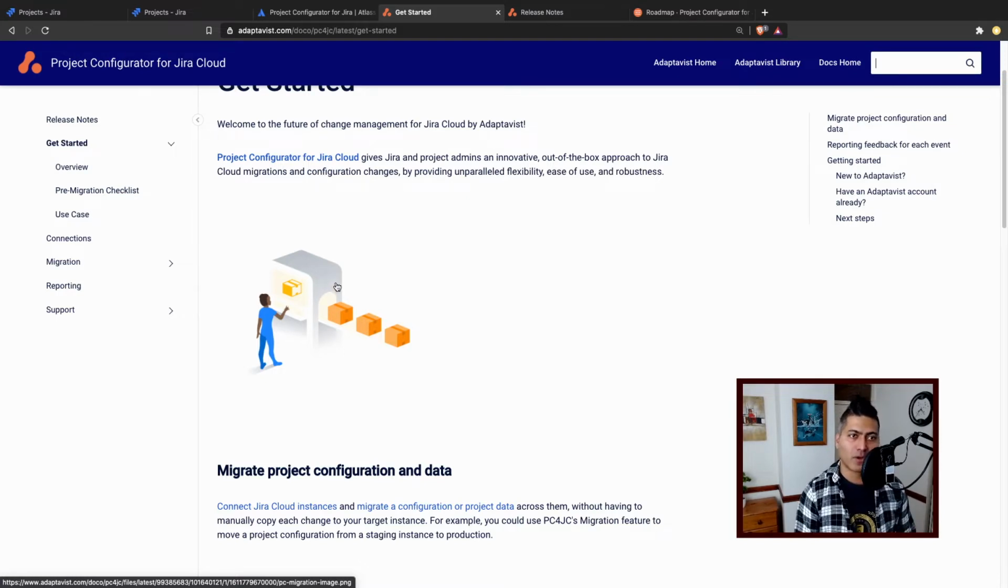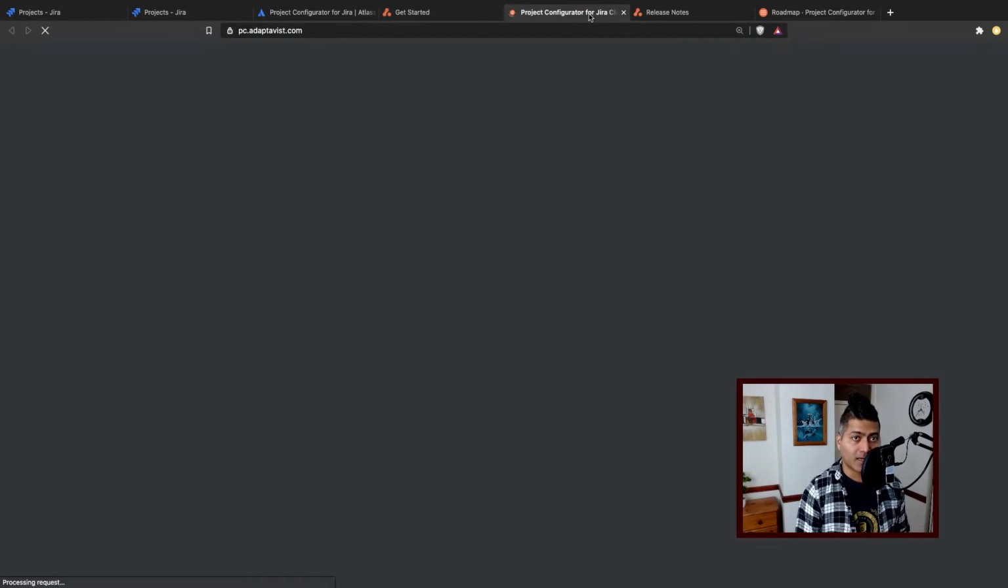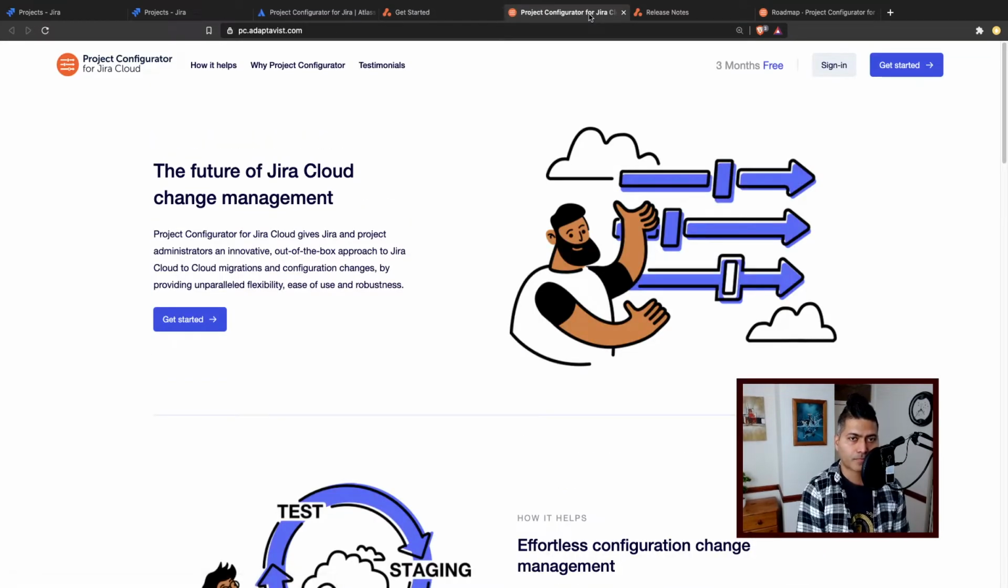We'll probably perform a quick test, and we'll see how this app will work and how we can use it. So there is a link here that says Project Configurator for Jira Cloud gives Jira and project admins an innovative out-of-the-box approach to Jira Cloud migrations and configuration changes. So if you click on this link, we can see here that it will take us to this very nice online website or a site. It is basically a place where you can get started. So you can see here,